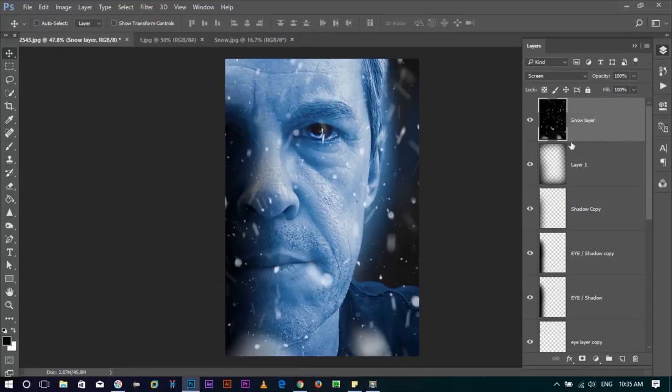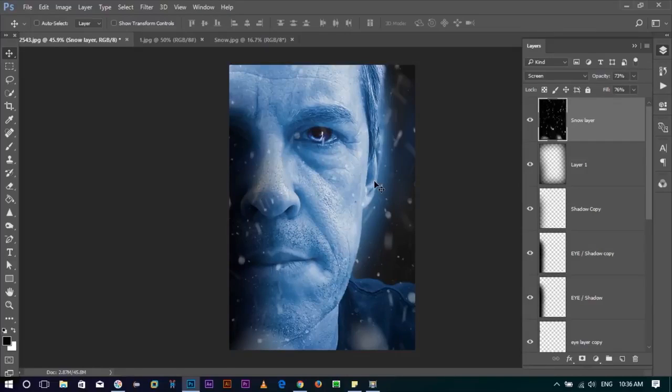Yeah, this is perfect. And then the next thing you are going to do is just mix its fill or opacity a little bit less. Yeah, it is okay. And for the next part, we are going to just play with more adjustments, and the final step that I'm going to show you is the final retouching of this tutorial, and it is very important